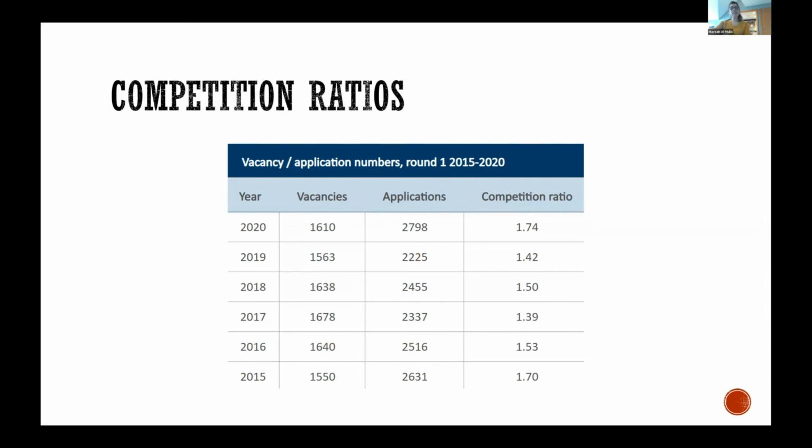At the minute, the competition is a bit more, and the reason why is the UK has dropped all the regulations with the visa requirement for international trainees. Back when I applied, I wasn't allowed to apply for round 1. I'd only apply for posts that are left after the UK and EU residents have filled the spots. At the minute, everyone is equal. You can all apply in round 1, and everyone will get an equal opportunity to